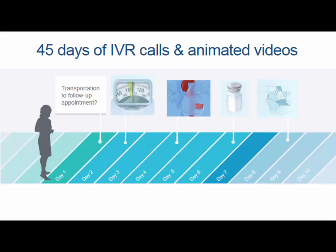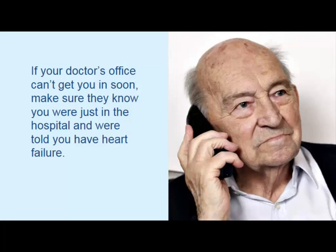I'm going to say that third seat of the stool is getting the family involved. So I'm using here, you can kind of see that you're teaching a heart failure patient what it is they need to do along the way. What they might think about sodium might be very different than what you thought. For people with heart failure, it's very important for them to see their primary care doctor for a follow-up appointment